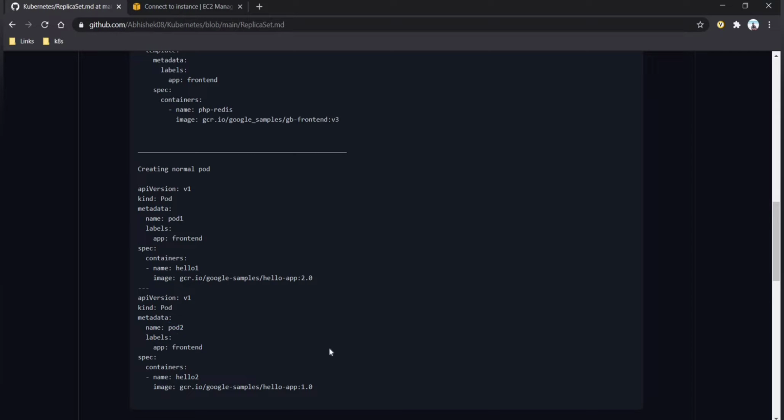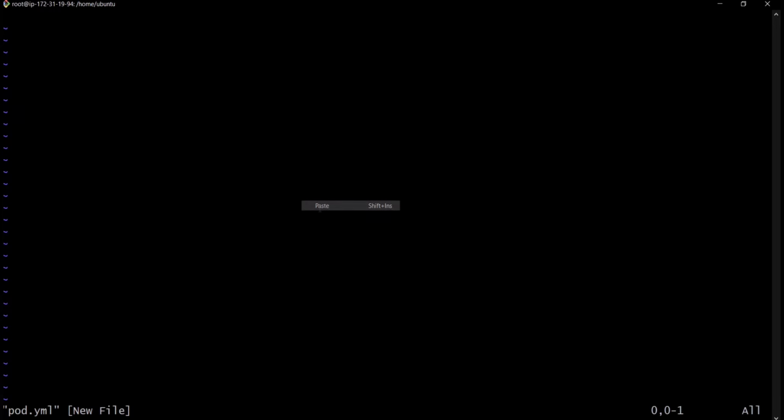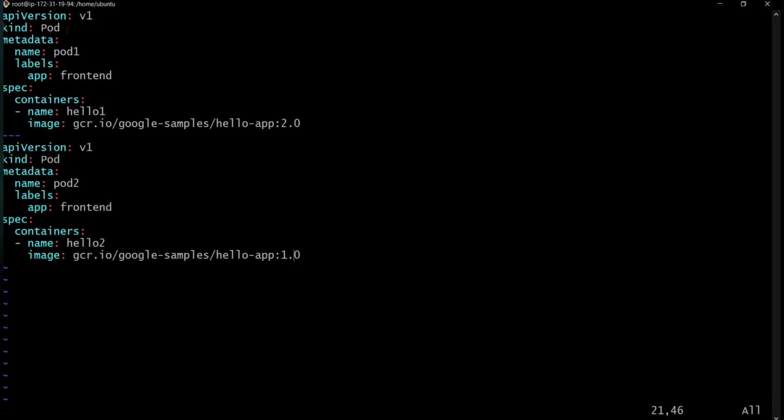So let's create these pods. The name of the manifest file is pod.yml, vi pod.yml, and paste these contents. In this file we are creating 2 pods, pod 1 and pod 2, and the label of both pods is front end.